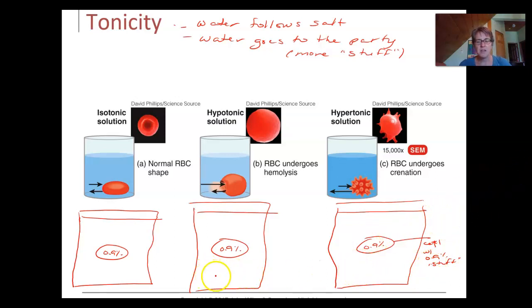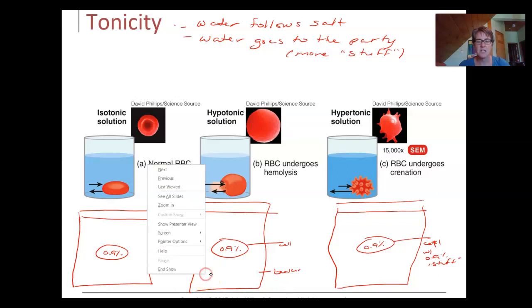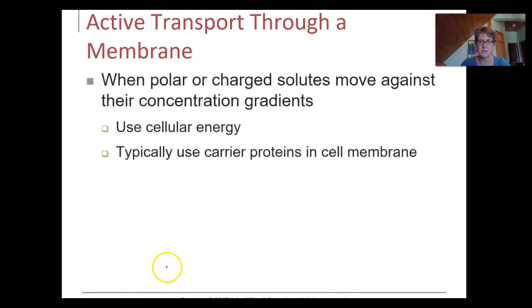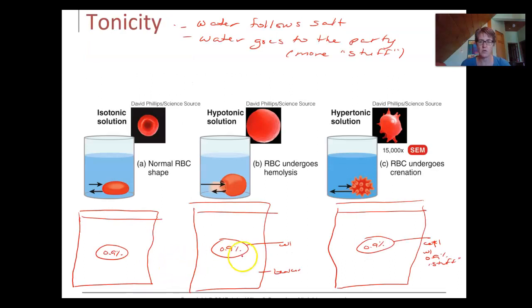If I put it in straight water, a beaker, so this is obviously a beaker, I said I wasn't going to label it, but I'm labeling it, and this is a beaker. If this beaker is just straight up deionized water, hold on. Deionized water means that there's nothing else. It's 0% stuff.